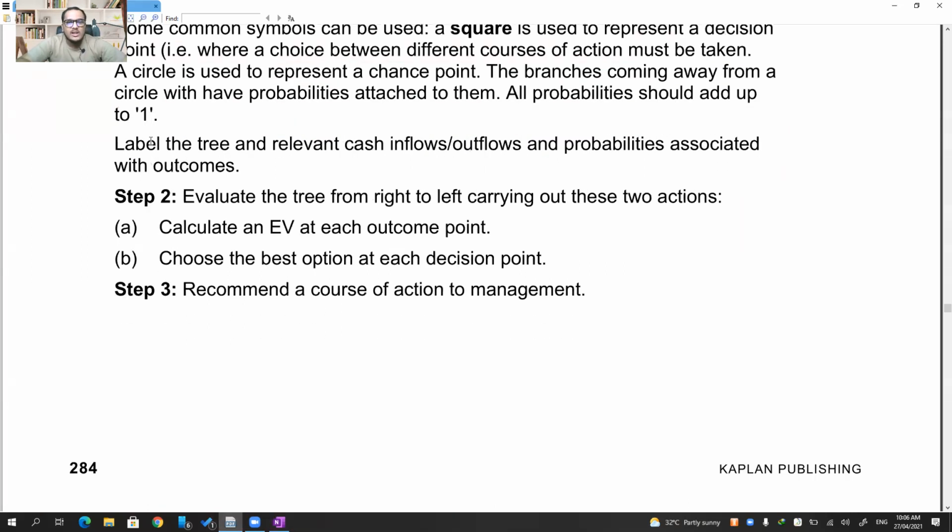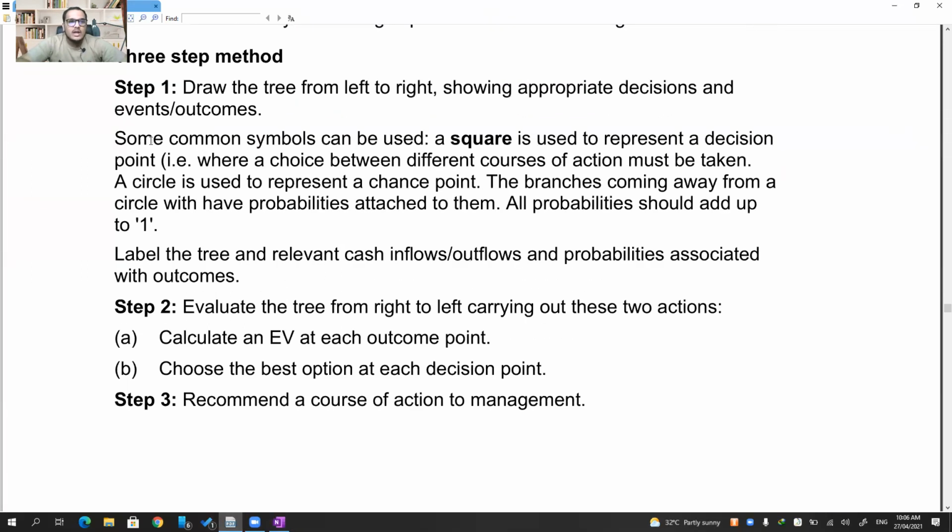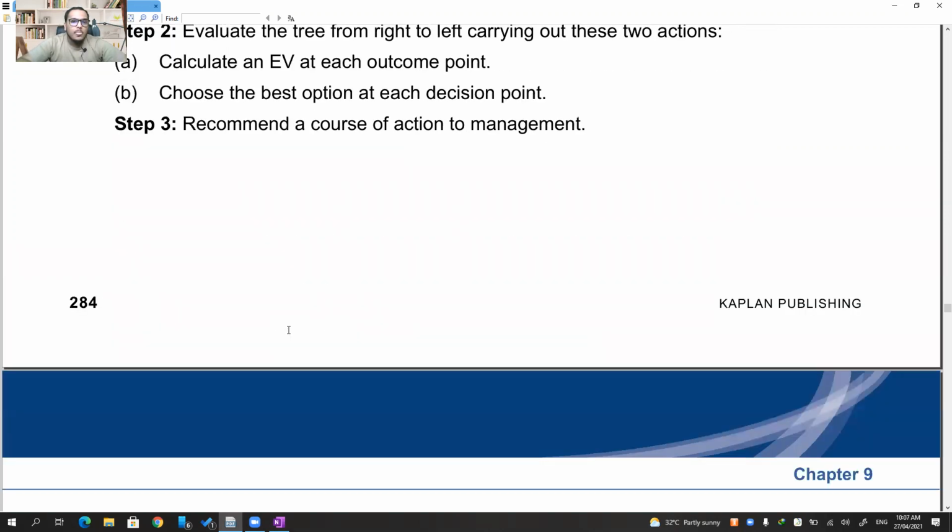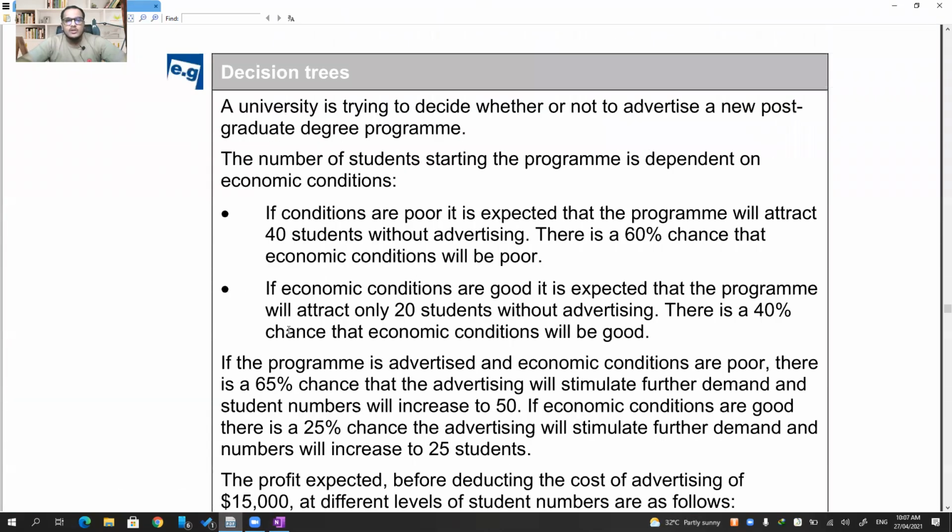You don't need to know all that stuff. Anyway, they're not going to ask you to draw a decision tree in the PM examination, because it is not a paper based exam anymore. Since it's a computer based exam, you'll not be asked to draw a decision tree as such, but you might be asked to evaluate the values based on a given decision tree. They'll give you a decision tree and ask you to calculate the values. Okay, so look at this example, then we'll move further to the next point.